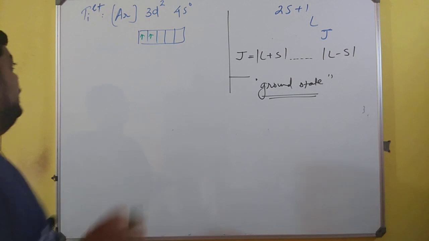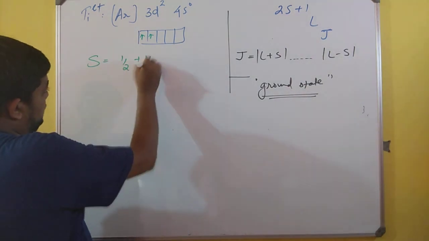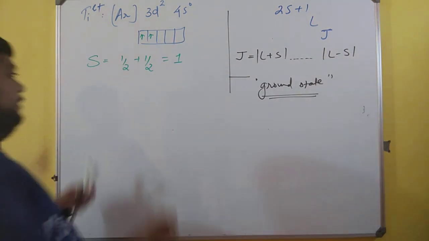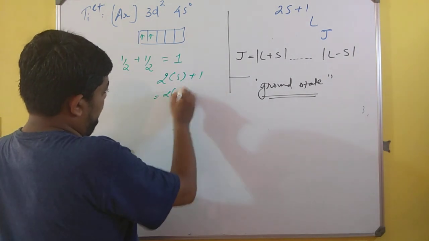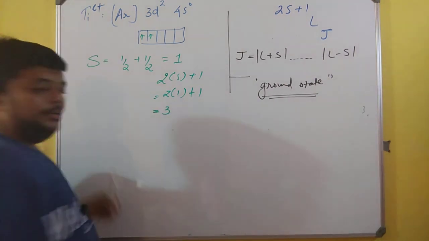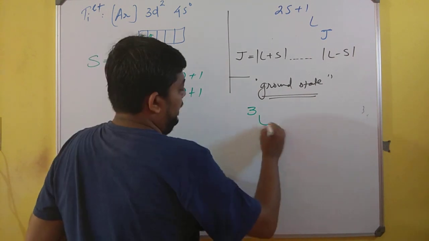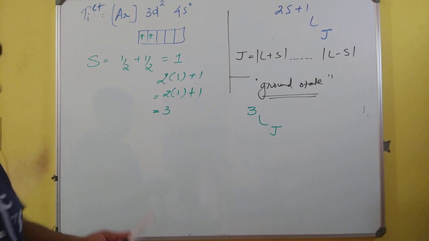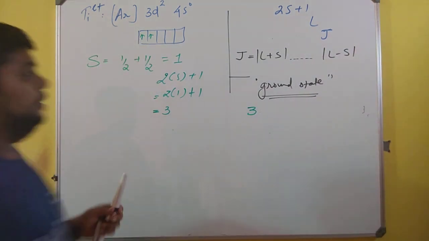Remember very well. First of all we'll go for S, and it will be 1/2 plus 1/2, so the total spin will be 1. And if we sum up the 2S plus 1 value here itself, I will mention this 1 over here, and we will get 3 as the value. So we now have 3 with us, and L and J we are still supposed to find out. So let us keep only 3, and then determine the values of the remaining things.